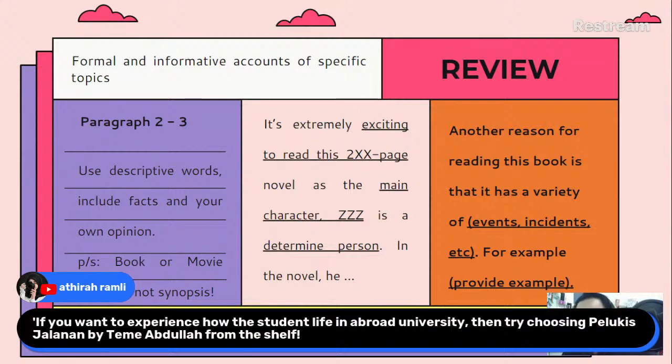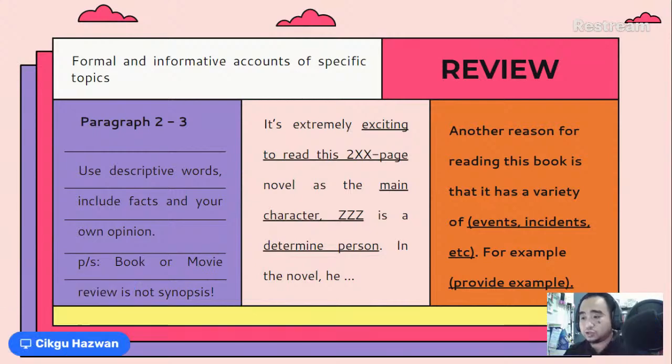Okay, so good. So it is extremely exciting to read this how many page book as the main character, or as the novelist or as the author describe yada yada. So it must be description, description, and description. And how to describe, as I mentioned earlier, when you plan, use each question, plan a little bit so that you know what you are writing about. And don't jumble up things. Make sure you align, you arrange your essay beautifully. Okay,